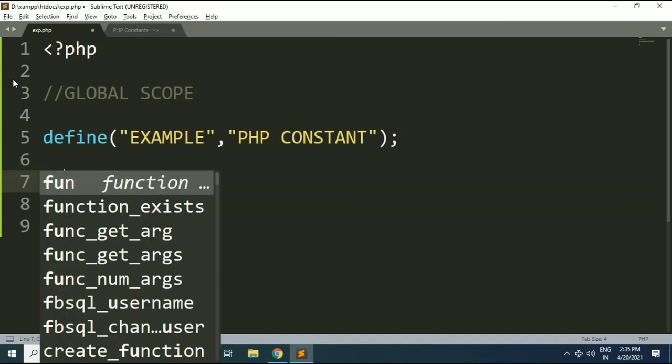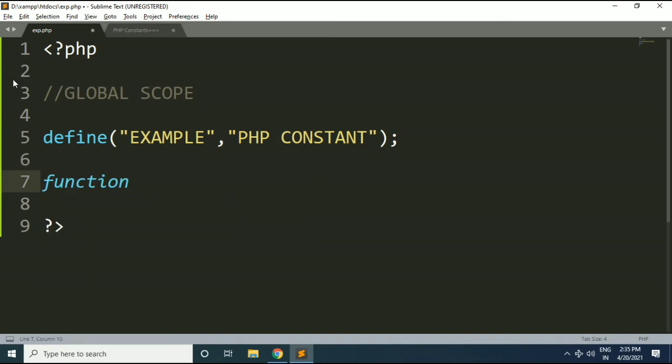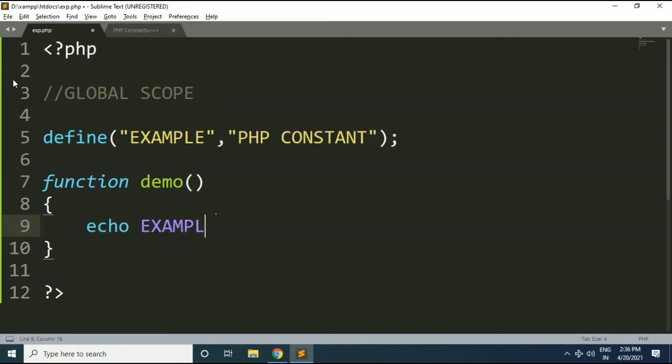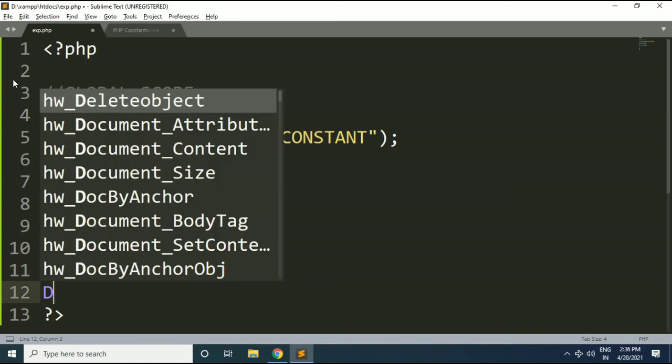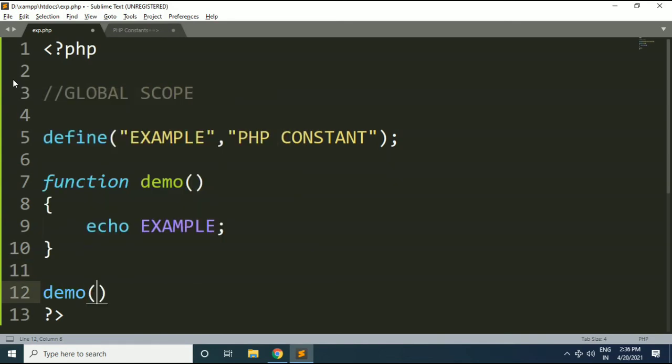So if I create any function here within the PHP script, and within this function I put the statement echo example, it will work and give you the output PHP constant. Why?